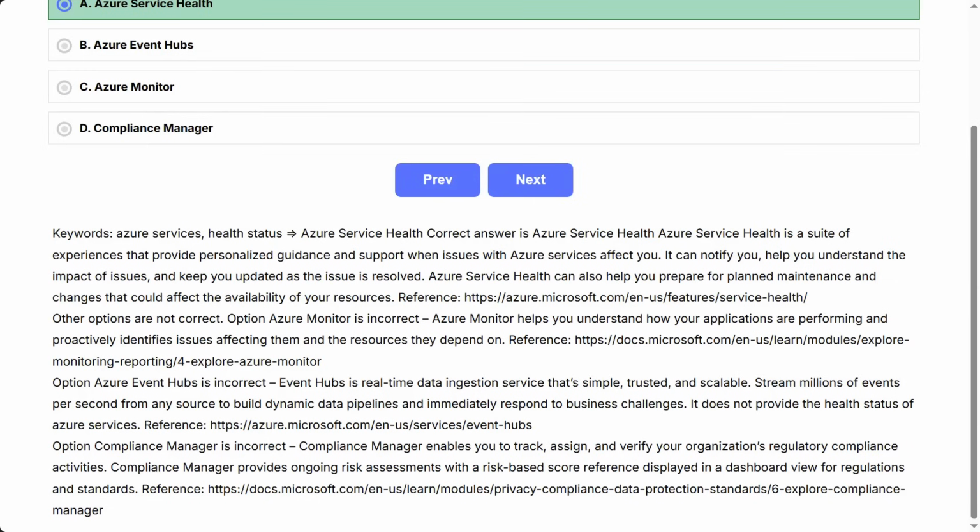And the last option that is incorrect is Compliance Manager. Compliance Manager enables you to track, assign, and verify your organization's regulatory compliance activities. Compliance Manager provides ongoing risk assessment with a risk based score reference displayed in a dashboard view for regulation and